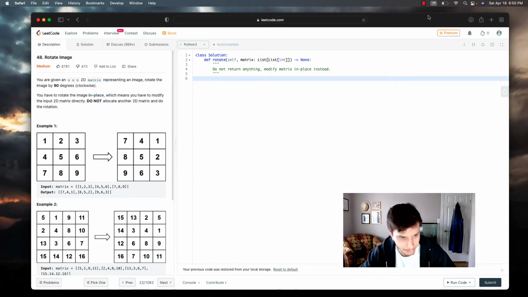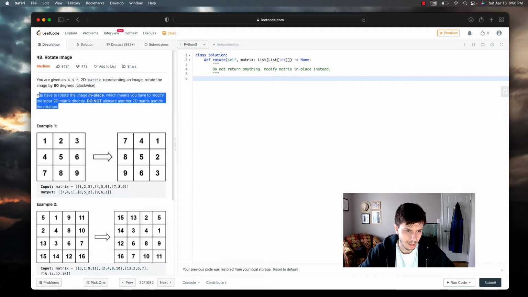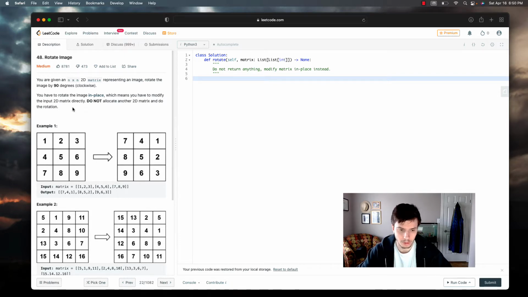So you are given an n by n 2D matrix representing an image. Rotate the image by 90 degrees clockwise. You have to rotate the image in place, so you can't allocate another matrix and do the rotation. That would be very easy. It would actually be very simple. You could just do some fancy iteration tricks and you'd get the answer, but you can't do that. So yeah, anyway,